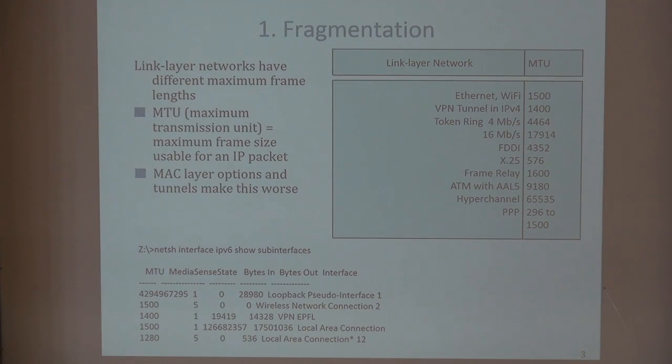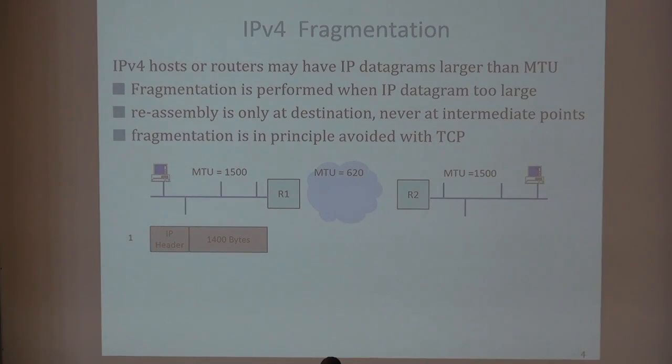Then they create IP packets that are much larger because the traffic is huge and it's always repetitive with a huge amount of data. Then you also have older technologies that have smaller packet sizes, and more or less exotic, modern or ancient modern technologies that have larger packet sizes. The result is that when you send an IP packet from a machine A to the other end of the world, it may be that along the path there are links where the packet is too big to fit on that link. If that happens, we will do what is called fragmentation.